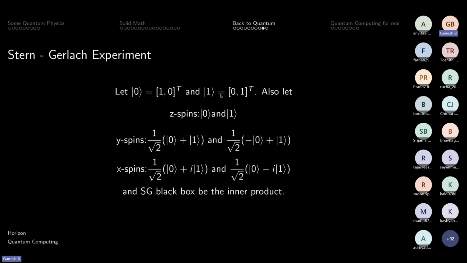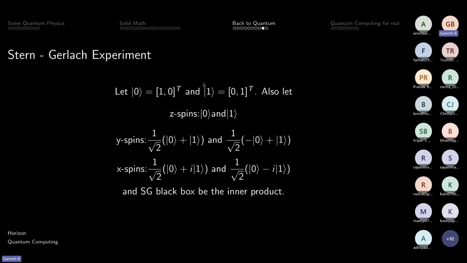So here's some very big notation, so I'll just break it down. This 0 is like a ket vector you've seen. It's a column vector. This 1 0 is kind of like your i hat, but I can't say i hat here because we are going to use complex numbers as well. So i and j are both out of the question, and we'll use this notation. So 0 will mean the 1 0 column vector, and this other notation means the 0 1 column vector, kind of like your x-axis and y-axis.